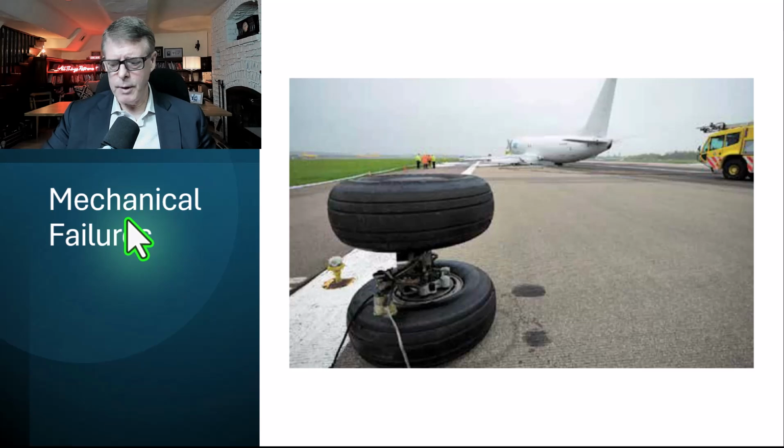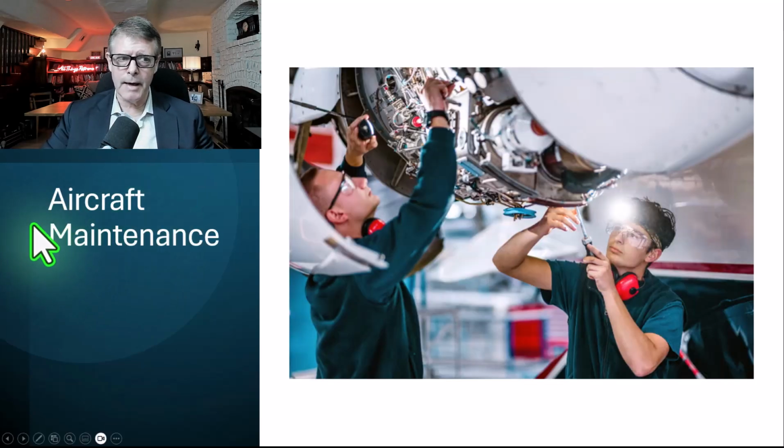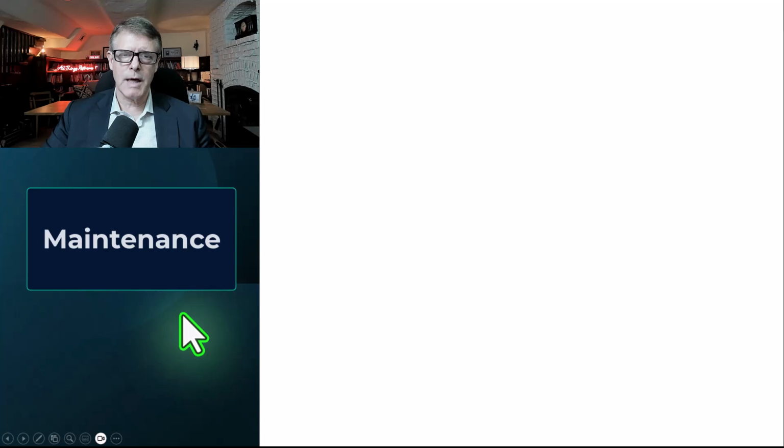So from a standpoint of risk mitigation, what do they do? Well, they have aircraft maintenance. And we can apply the same idea to the maintenance of our retirement plans and our retirement portfolios. So let's take a look at just a few ideas in that area. When it comes to regular maintenance of your retirement plan, it's pretty straightforward, but you need to have a checklist and you need to apply it consistently.